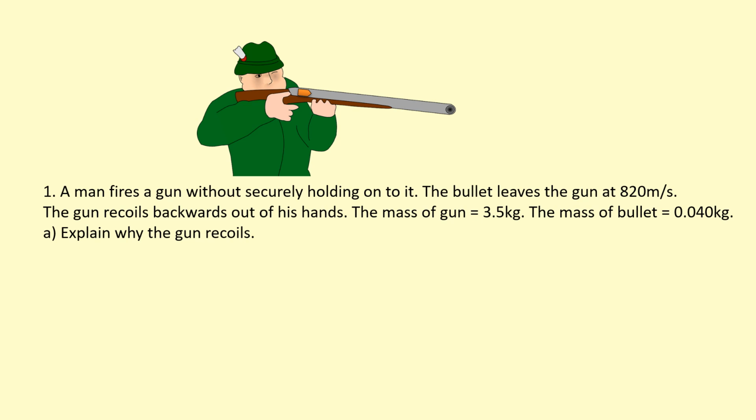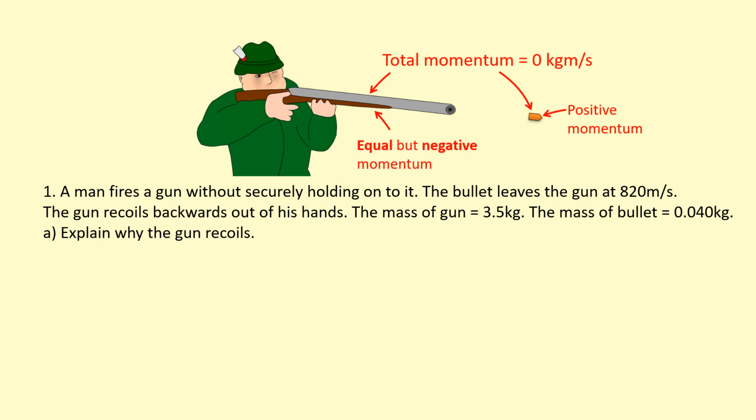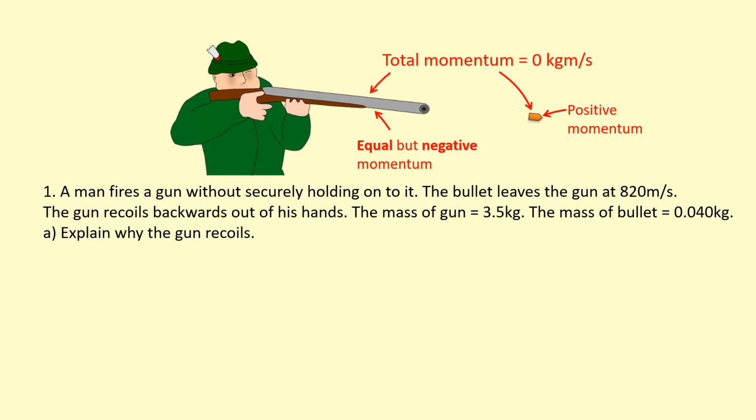So first of all, let's start with the total momentum before. It's zero because nothing is moving at the beginning. But once the bullet gets fired out like this, it is going to have momentum going towards the right. The total still needs to add up to 0. So how is this possible? How can the bullet have some momentum towards the right? So we can say the bullet has a positive momentum and the gun has an equal but negative momentum. So this way they add up to 0. Okay, so this is why the gun is going to recoil, and if he's holding onto it, he's also going